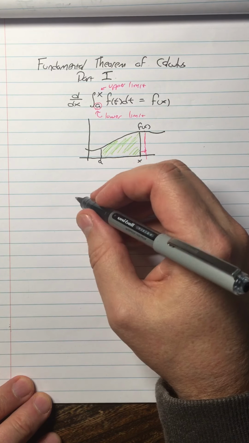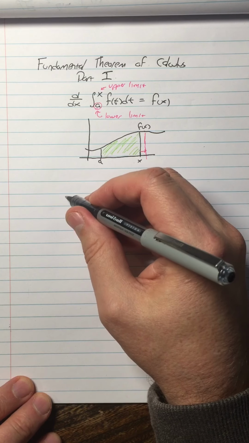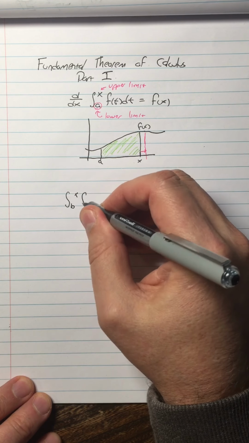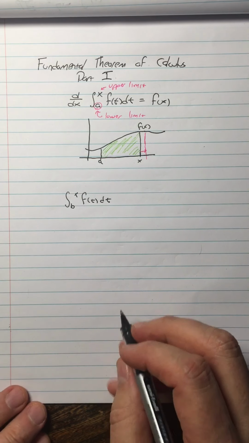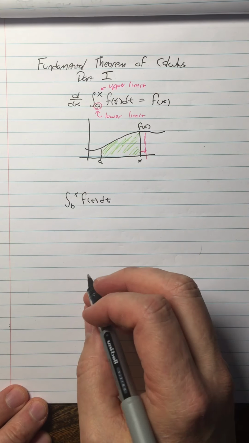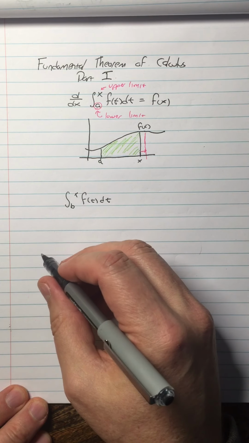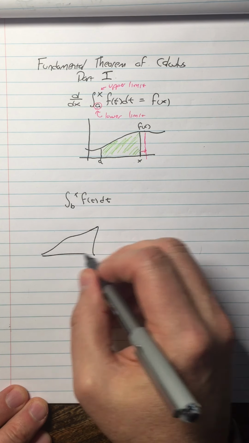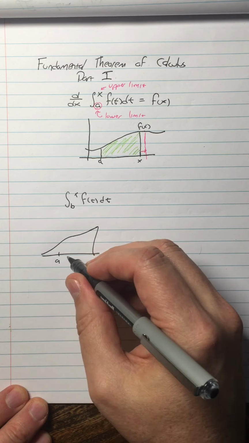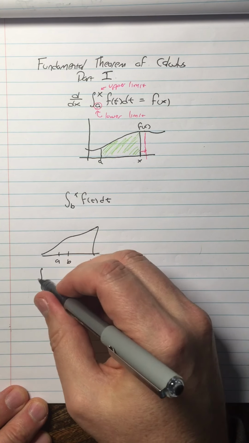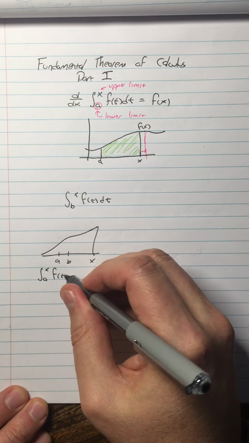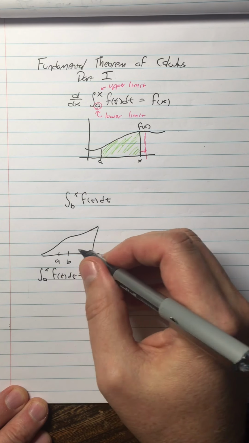Suppose I took a different constant at the bottom, integral from b to x of f of t dt. All right, so suppose I just take a different variable from a. It's a different constant, actually. So then, consider if I had some function, and here's a, and here's b, and here's x. All right, so then the integral from a to x of f of t dt is equal to,